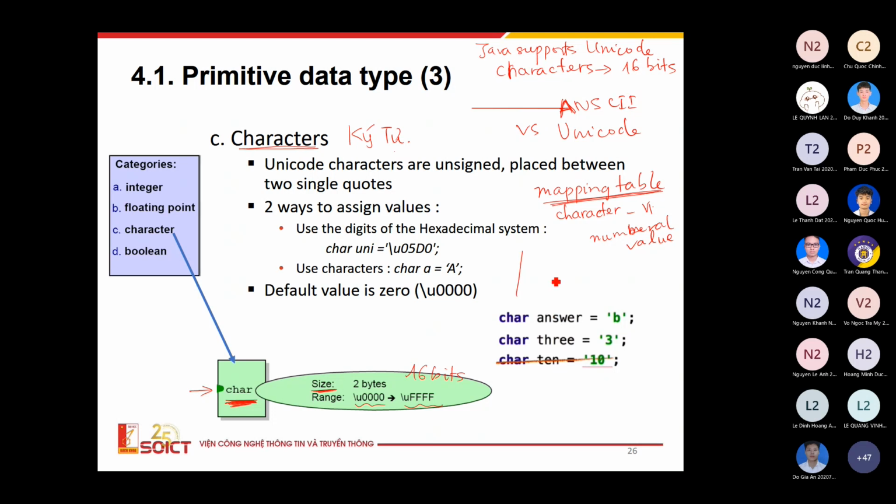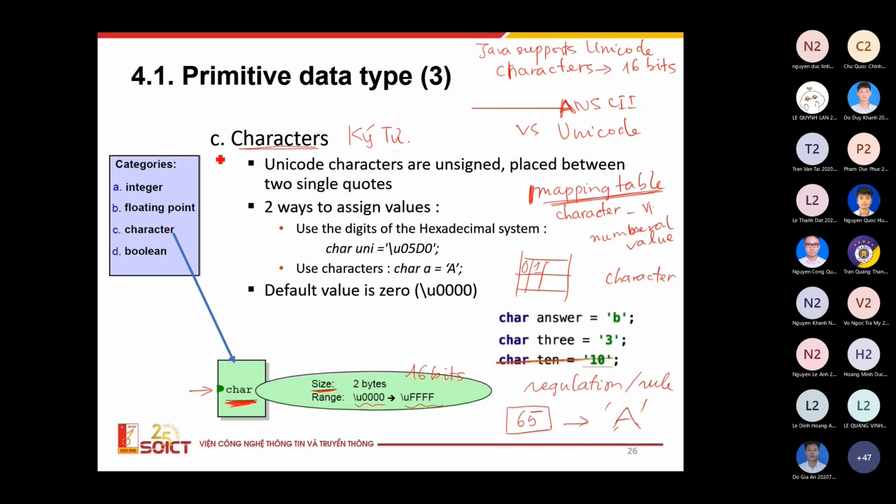Because we just have the memory, okay? And in the memory, we just have the bit. And the bit is only 0 and 1, okay? So they cannot understand the character. So we need to use some kind of mapping table to map from a value. For example, we have a rule that if in this box I store the value 65, that means I want to store the character A. So the mapping table here is one way to convert from the numerical value in this box into the character,